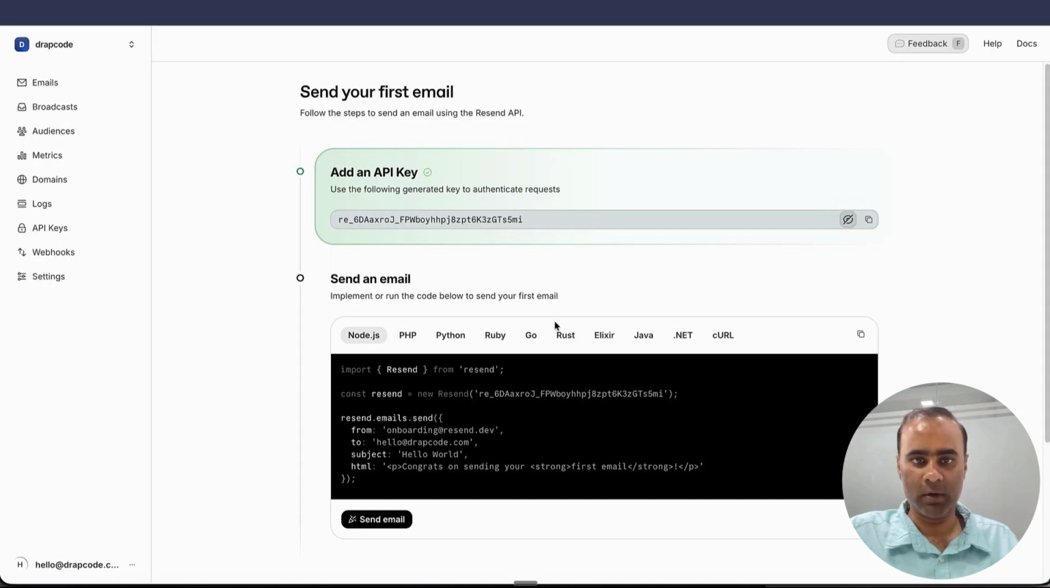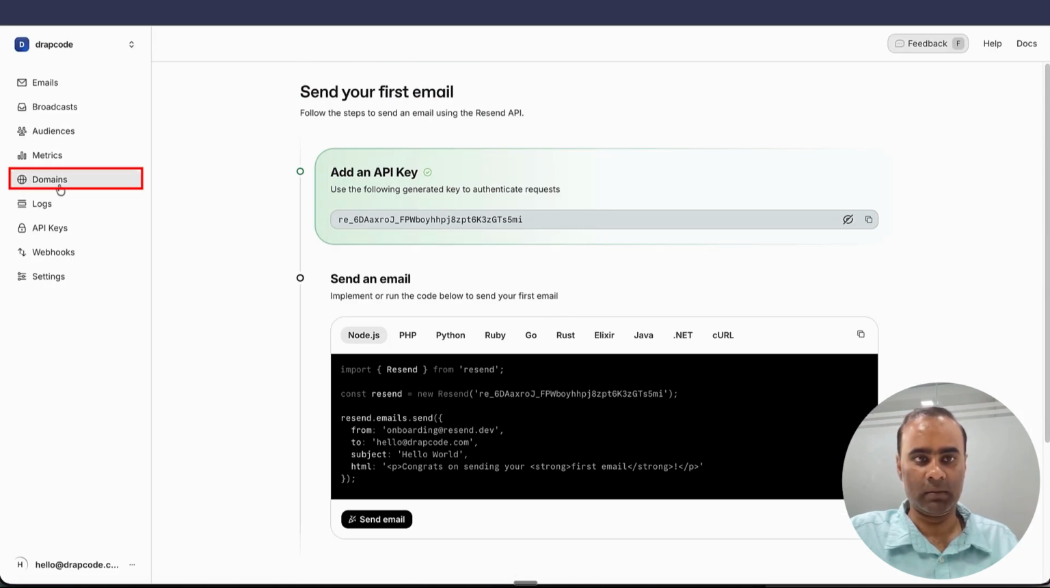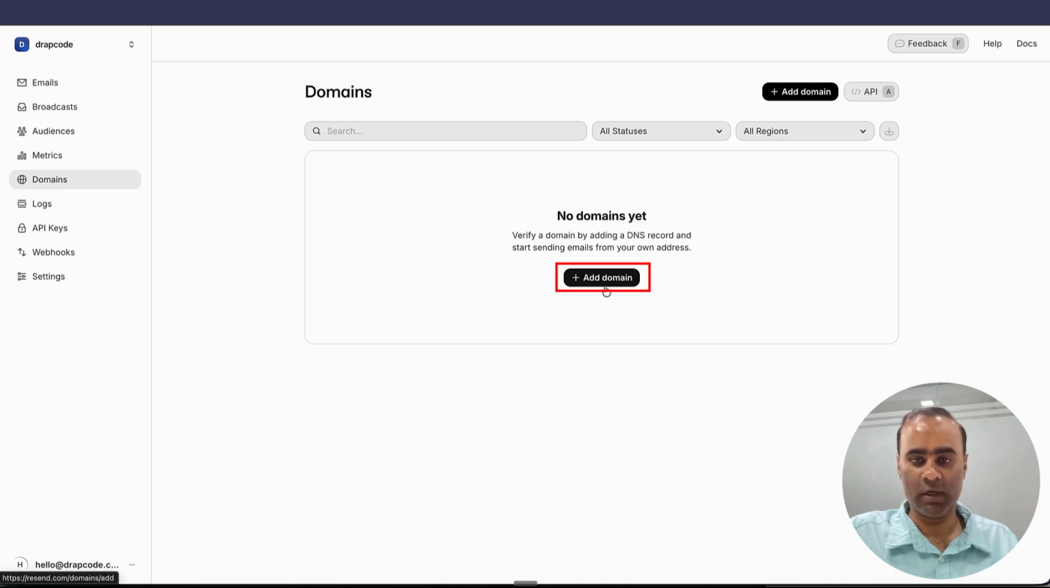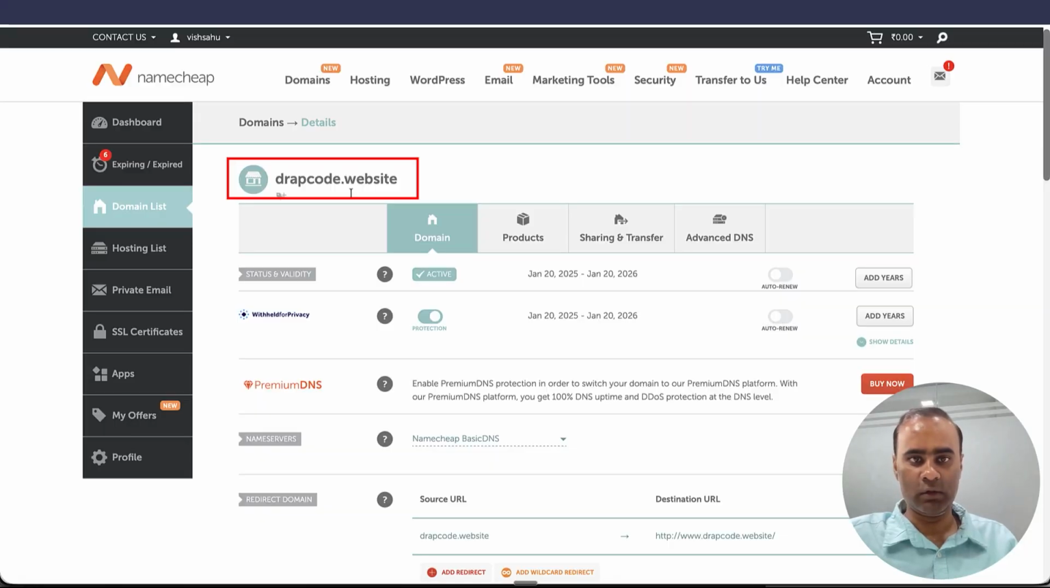We do have a couple of domains. So let's verify those domains and then we'll come back here. In the domains, as of now I don't have any domain. So let me verify a domain. I own a couple of domains. Let me see. Let's say I own this domain called rapcode.website and I want to send my emails